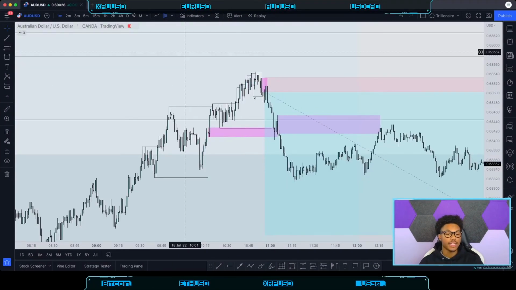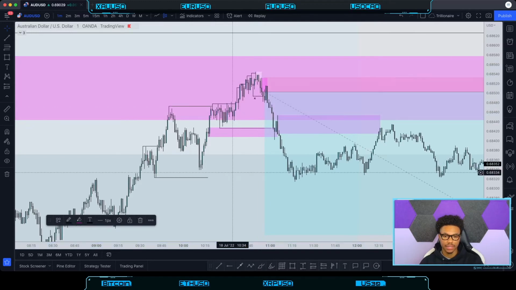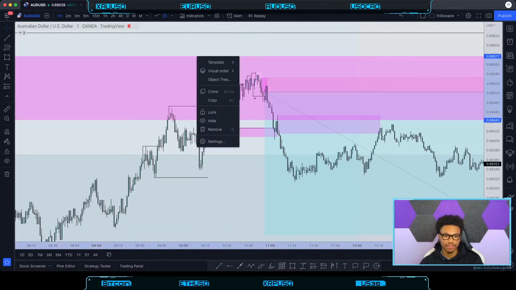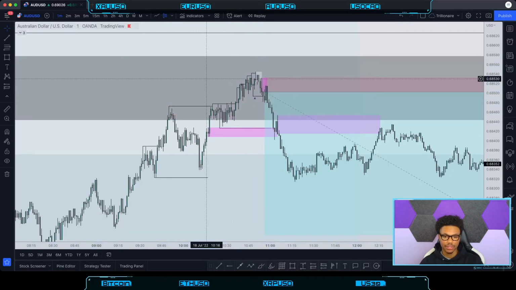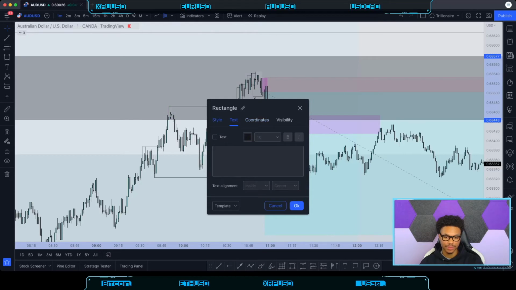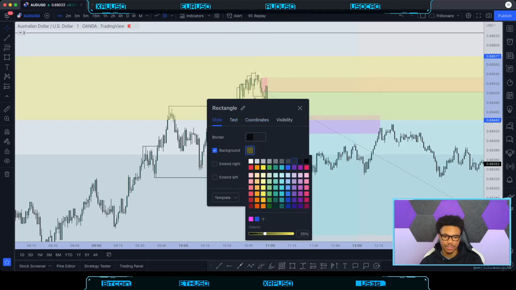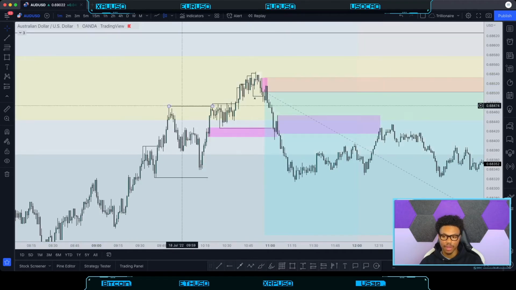All right, so this zone right here, I'm going to make this zone pink so you guys can see it. It's a little obnoxious. Let's actually make this color, how does the gray look? The gray is decent. Here, let's do this. Let's change this color to yellow. So this is the higher time frame M15